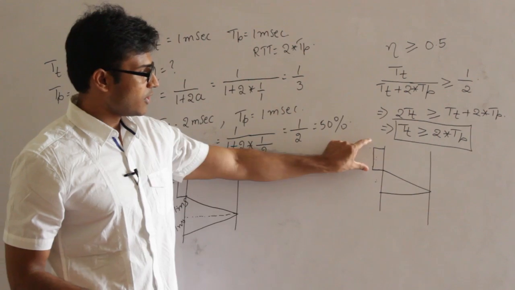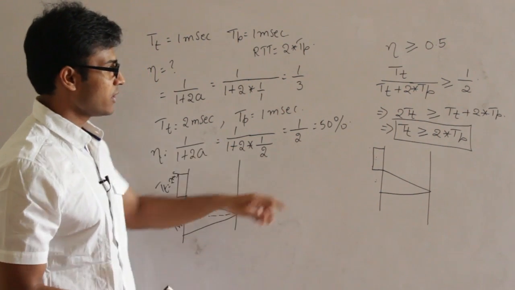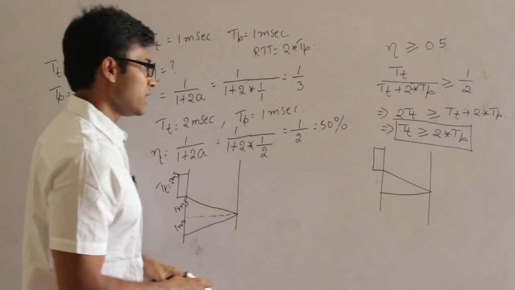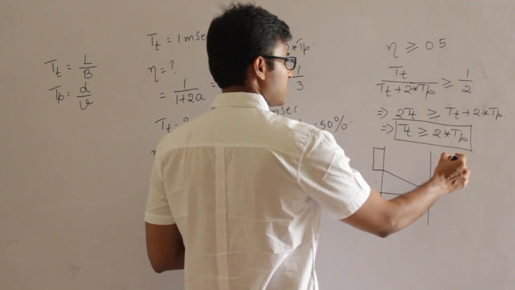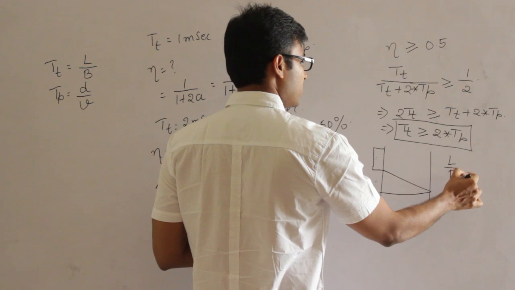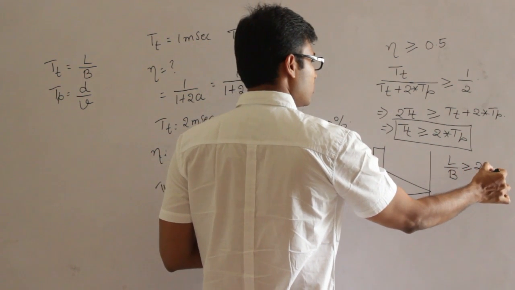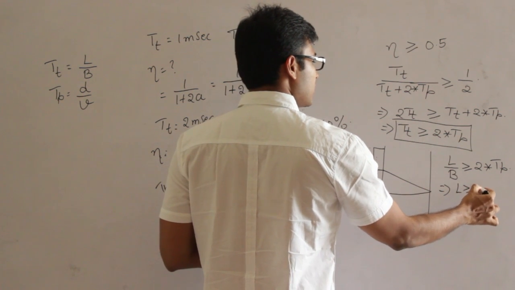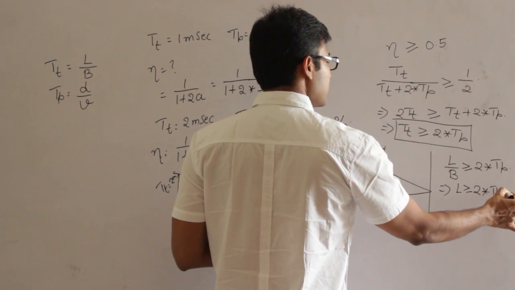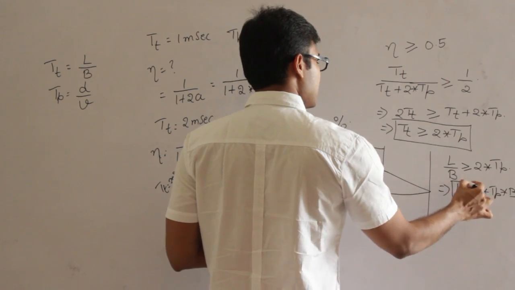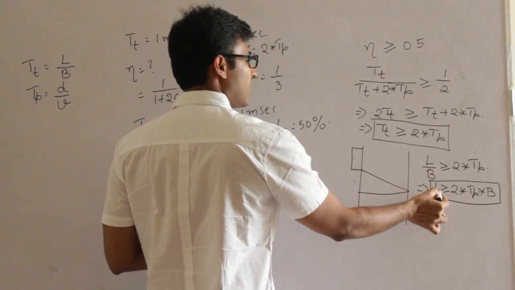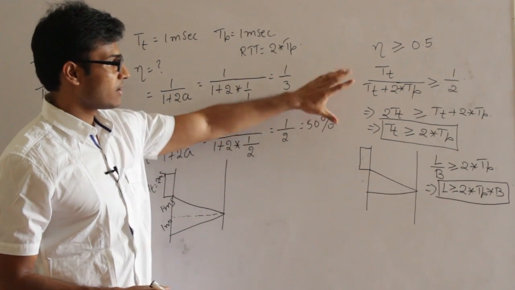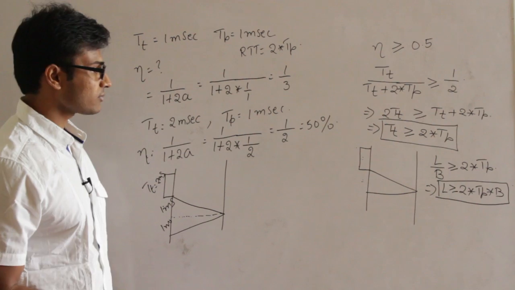Now what should we do in order to increase the transmission time? In order to increase the transmission time, we have to increase the size of the packet, the length of the data, which means here transmission time is nothing but L by B. L by B is greater than or equal to 2 into TP, which means L has to be greater than or equal to 2 into TP into bandwidth. So if the length of the packet is at least 2 into TP into bandwidth, you can say that we will get at least 50% efficiency. Let's see an